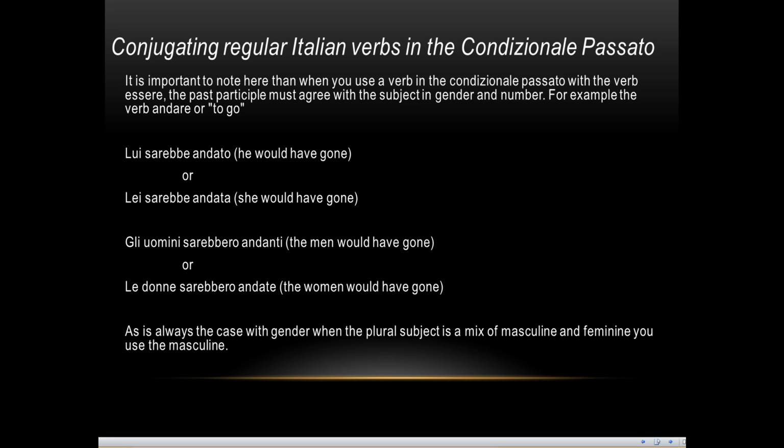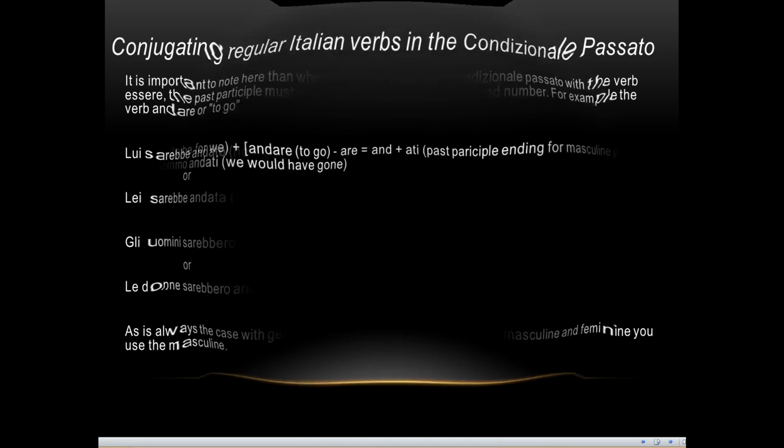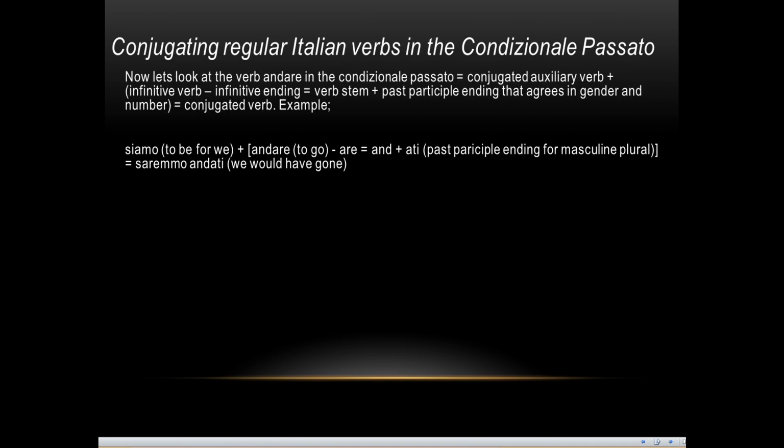As is always the case with gender, when the plural subject is a mix of masculine and feminine, you always default or use the masculine. Now let's look at the verb andare in the condizionale passato, which is, just like before, the conjugated auxiliary verb, which this time will be essere, plus the infinitive verb minus the infinitive ending, which leaves us with the verb stem, and then we add the past participle ending that agrees in gender and number. So, for instance, siamo, which is to be for we,